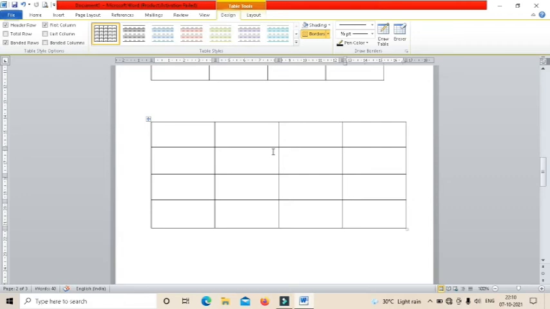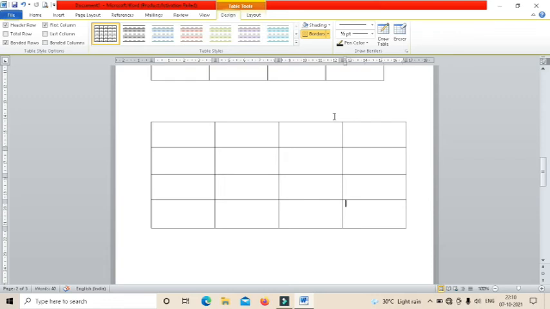Again, if you want to move to the first cell, we can either use Shift plus Tab, or we can use arrow keys, or cursor control keys, present on the keyboard. See, the up arrow helps us to move the cursor upwards, and the down arrow helps us to move the cursor downwards. If we want to move the cursor to the left, we can use the left arrow, and to the right, we can use the right arrow. Thus we can move the cursor in the table.